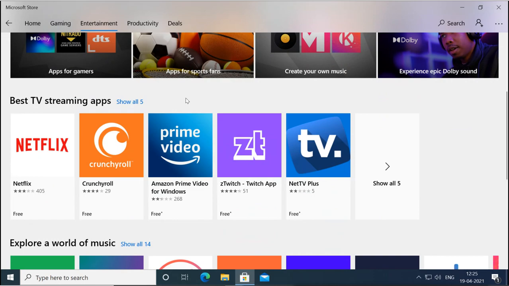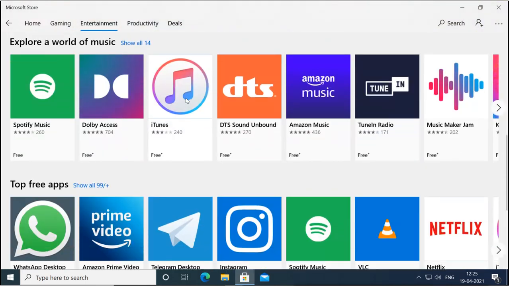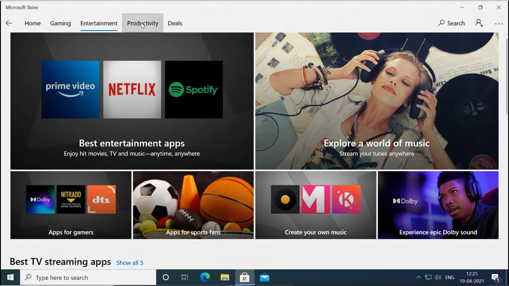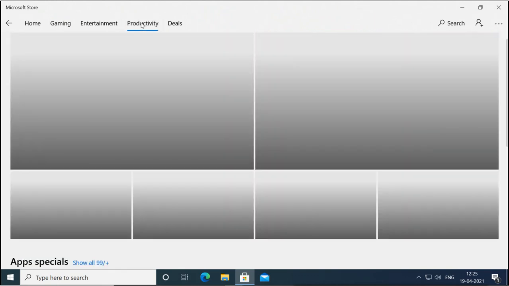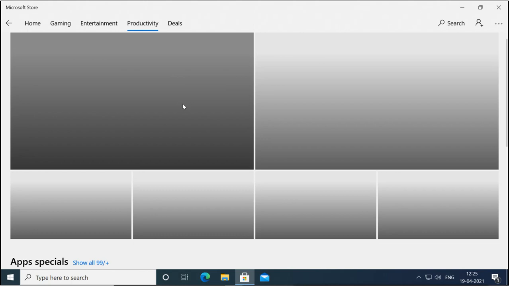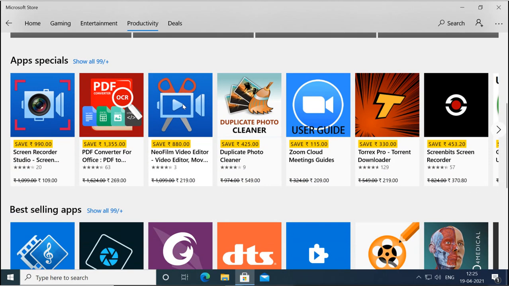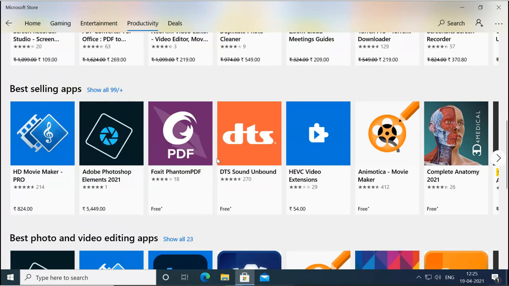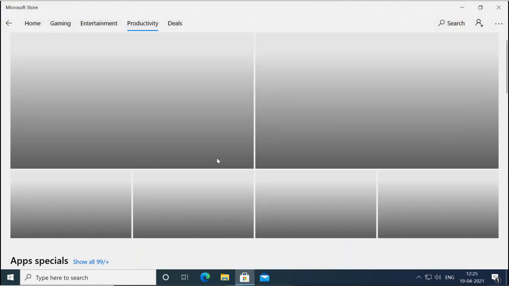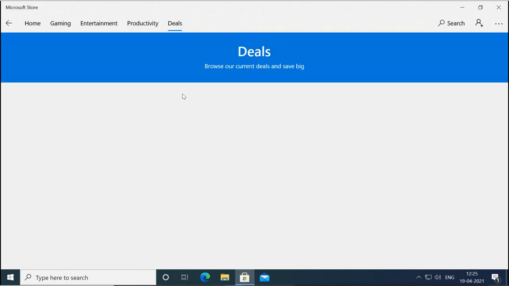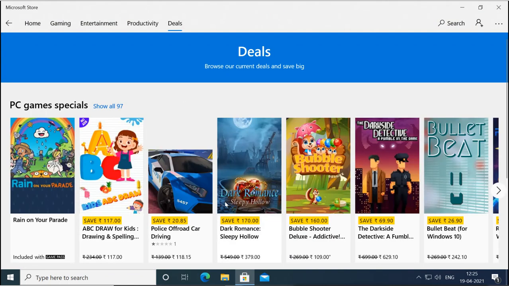Different applications we have. Then productivity. These are productivity applications. Then you also have deals, some offers and all that.